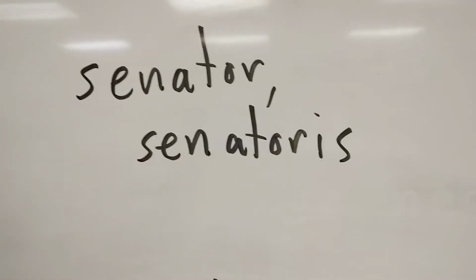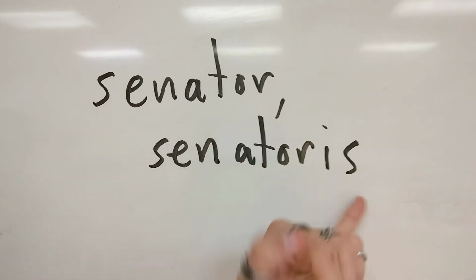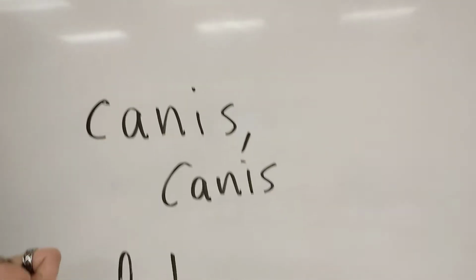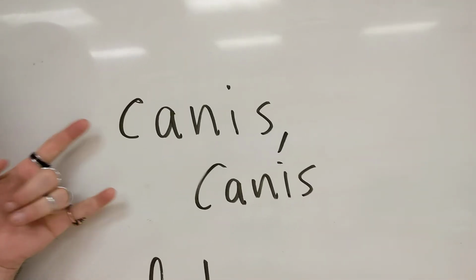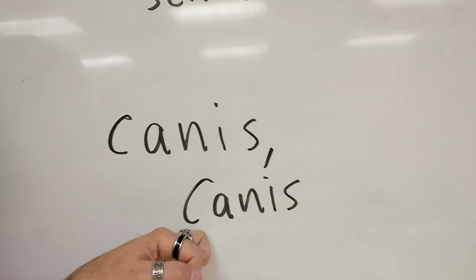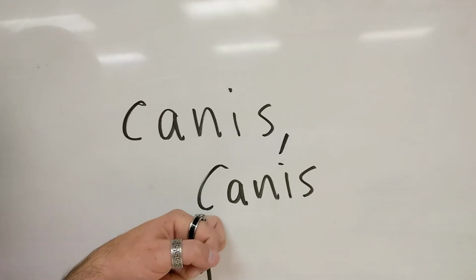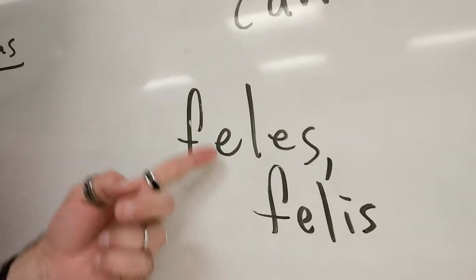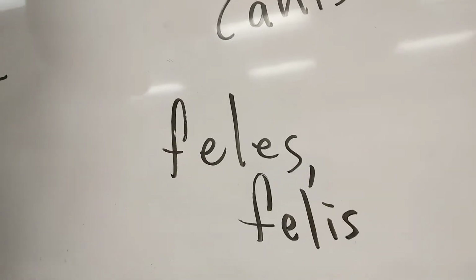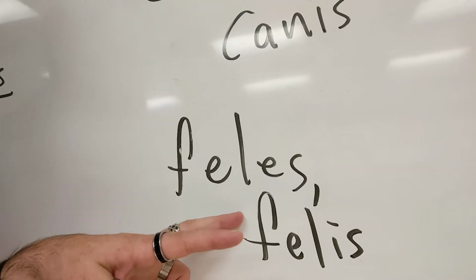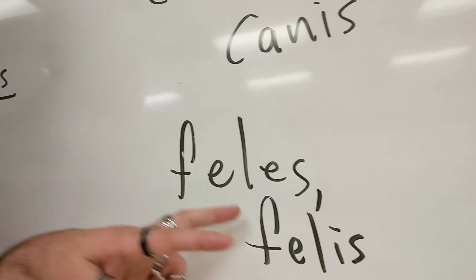If, like senator, there's no change, well, then you're just going to use senator and add your ending there. But you're going to base that on looking at the genitive. If it's like canis and they're literally identical, that's fine. But make sure you base your stem off of what you see in the genitive. So in this word, it would be can. Or for that matter, if this is the word dog, it might be a word like cat, where they're almost the same, but not quite. Again, not a thing you need to worry about. You just have to know that you're going to look at that genitive and use whatever it is.